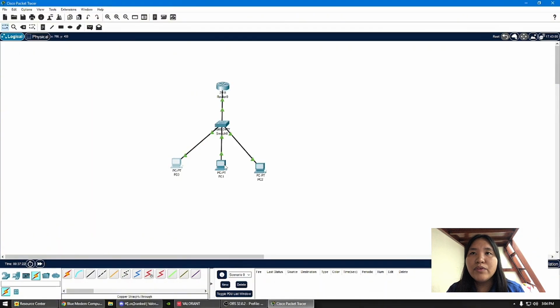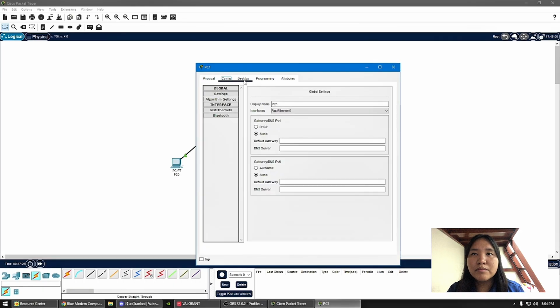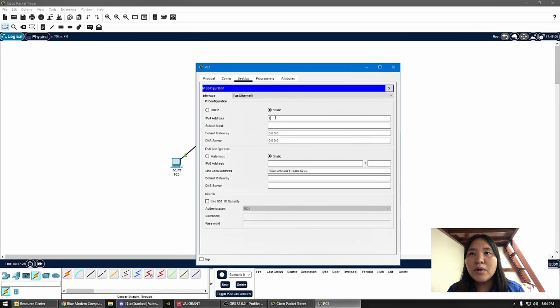We will also configure the IP address for PC2, which is 192.168.30.20, and it's still the same subnet mask and default gateway.